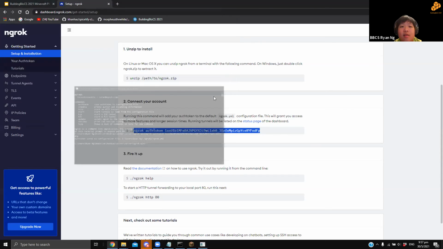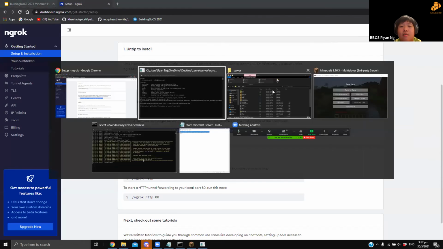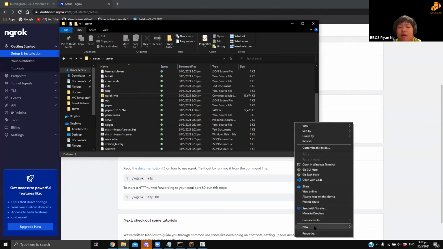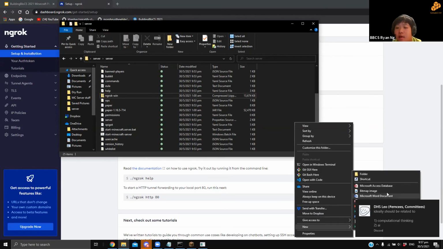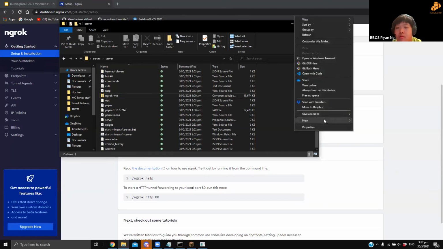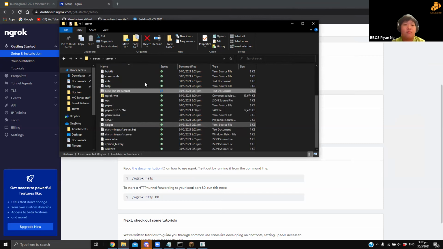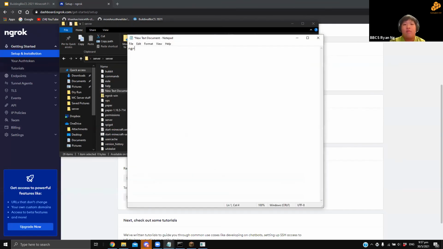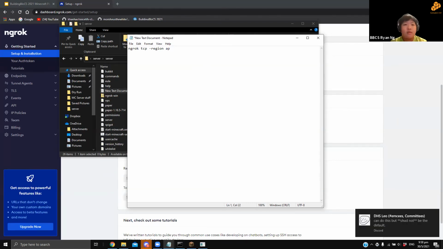Okay, at this point we're going to create another batch file to save you the trouble of going to command prompt and running the command every time. So just make a new text document, and we want to enter this command: ngrok tcp, and then set our region. We set it to Asia Pacific because that is the nearest server from here, so we don't get as much lag. Then we want to host it on port 25565,